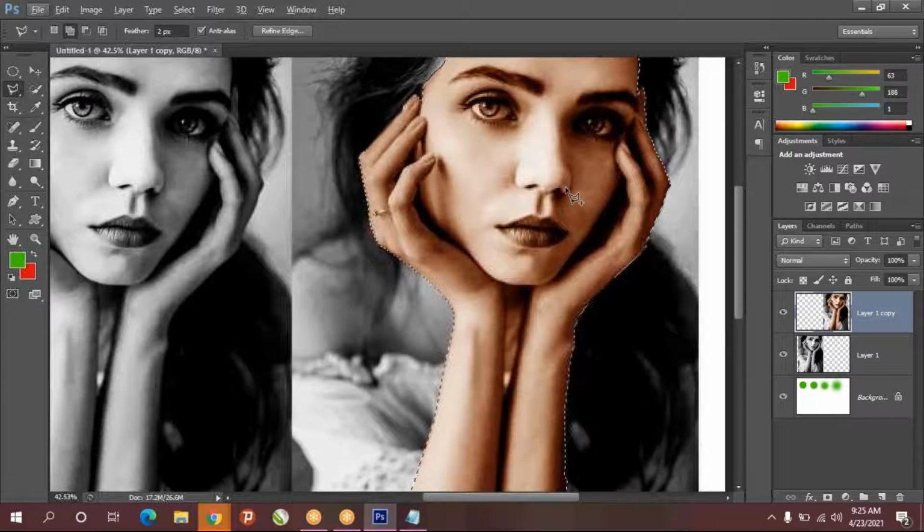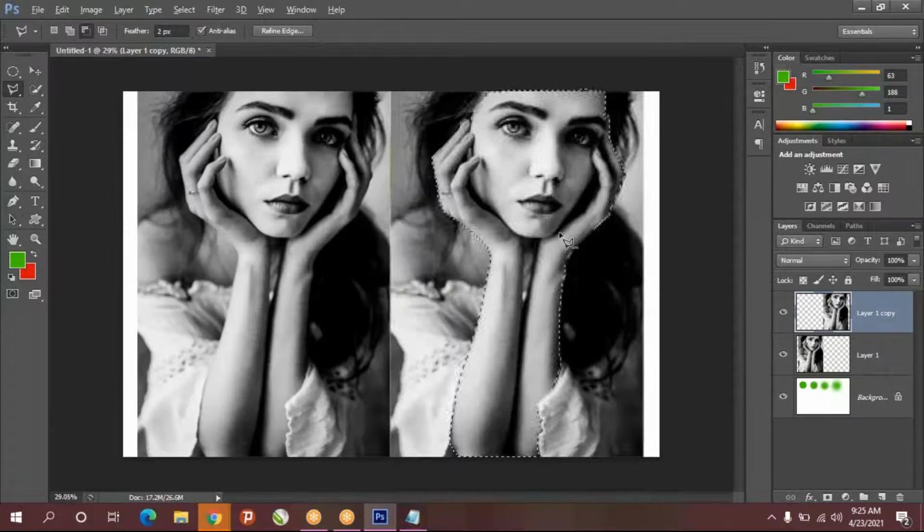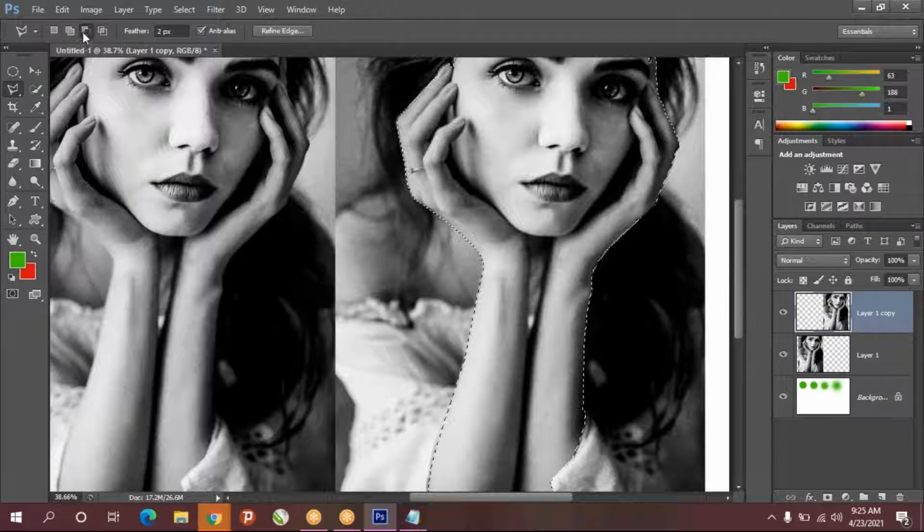So I don't want this. I'll subtract from the selection. You'll see the subtract selection tool here: add to selection and subtract from the selection.